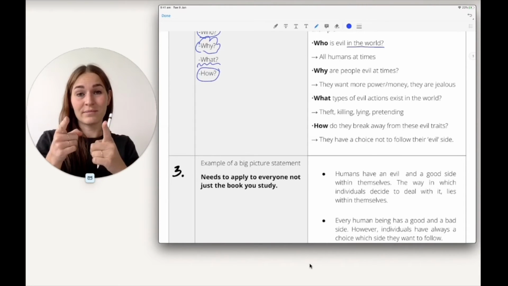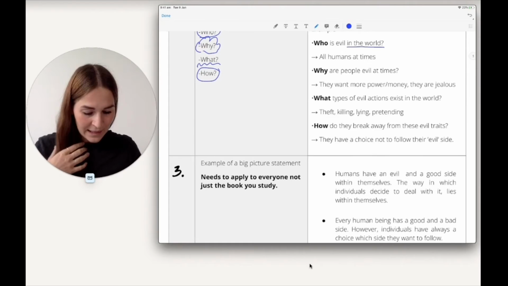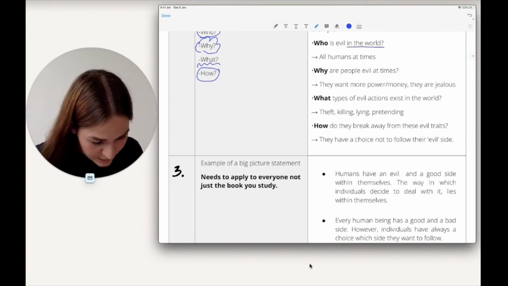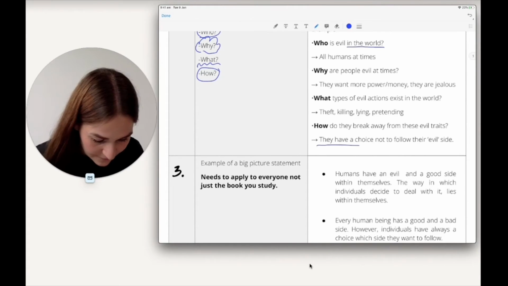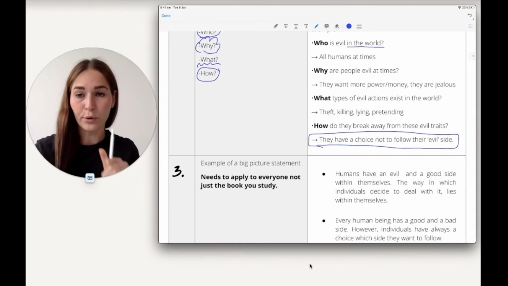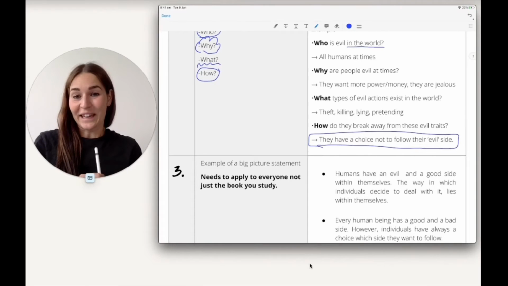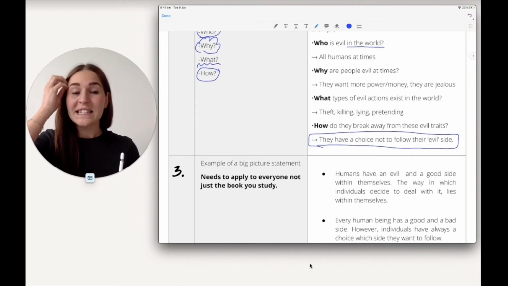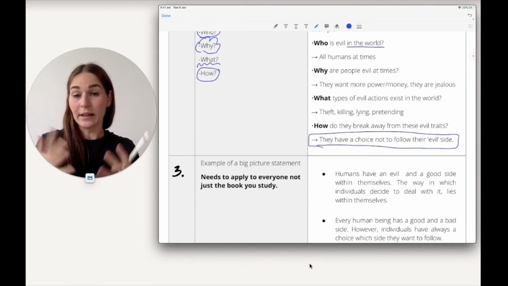You choose, okay? And that's the key. Now, everyone has a choice not to follow their evil side. That's very, very important. Okay, now I'll give you an example of how you could write a big picture statement